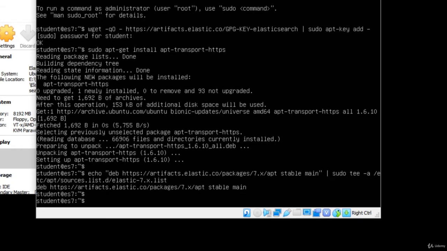All right, and finally sudo apt-get update && sudo apt-get install elasticsearch, which should actually go out and install Elasticsearch.